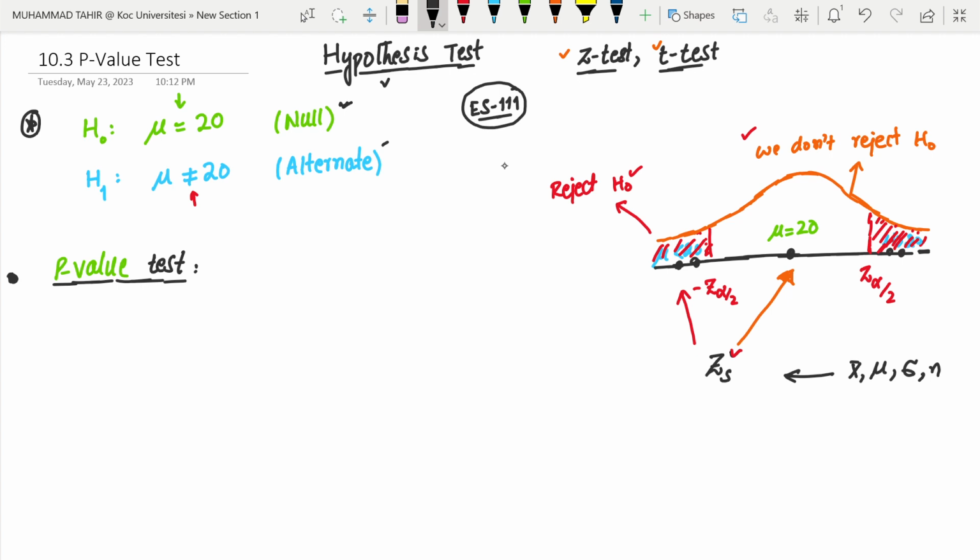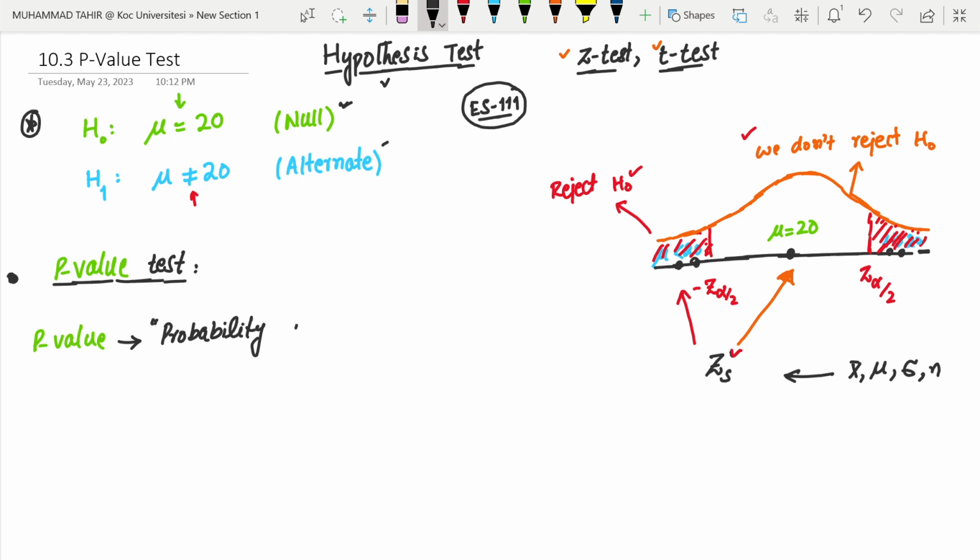Now one asks, in order to perform p-value test we need to calculate p-value, but the question really boils down to what is p-value actually. P-value है क्या, right? So p-value is basically, in very simple words, simply probability. Now one asks what this probability tells us. So this is probability